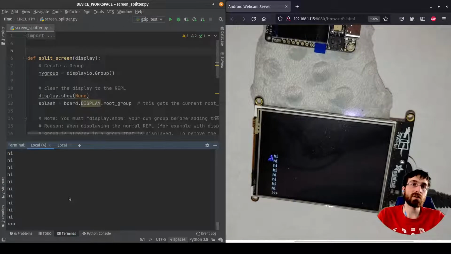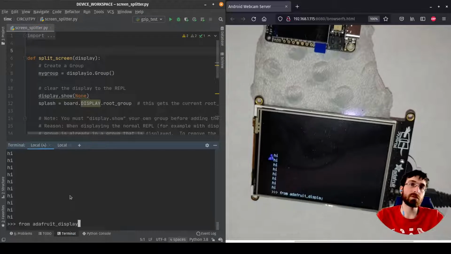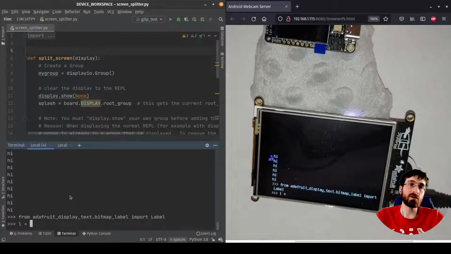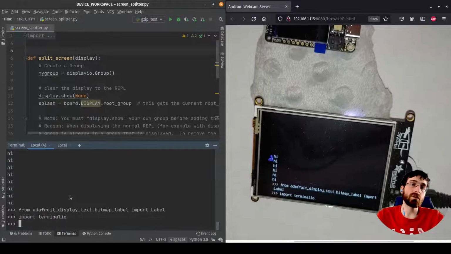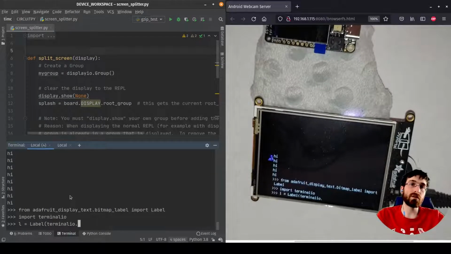Okay, so that shows we're on half. And then now I have that group. That display IO group, I can start adding stuff to. So if I go from adafruit_display_text.bitmap_label import label. Now I can go L equals label. I need one more actually. Import terminal_io. Yeah, just that. So L equals label.Label(terminalio.FONT, text="Hello Gordy",